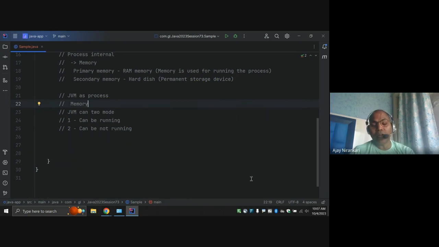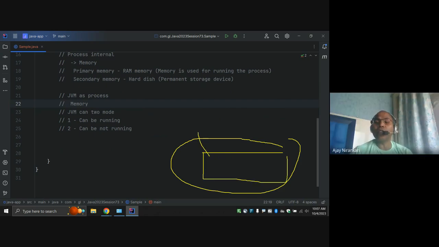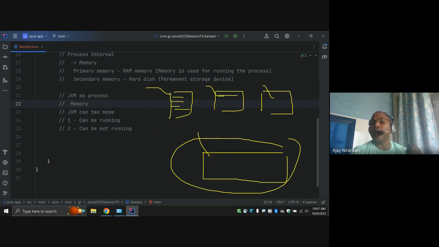So notice, whenever our JVM process is started, it needs memory, right? And in this memory you have to start method one, method two, method three. I'm just explaining; currently you are only aware of methods. So this is method 1, this is method 2, this is method 3, and this is only one JVM I started.